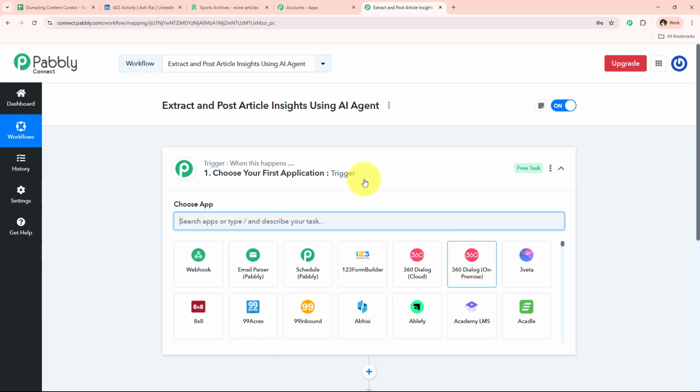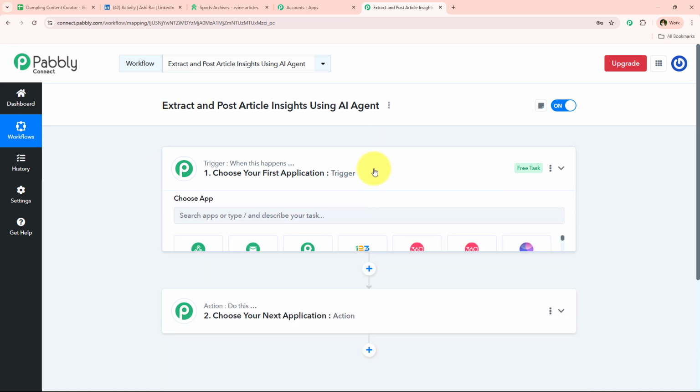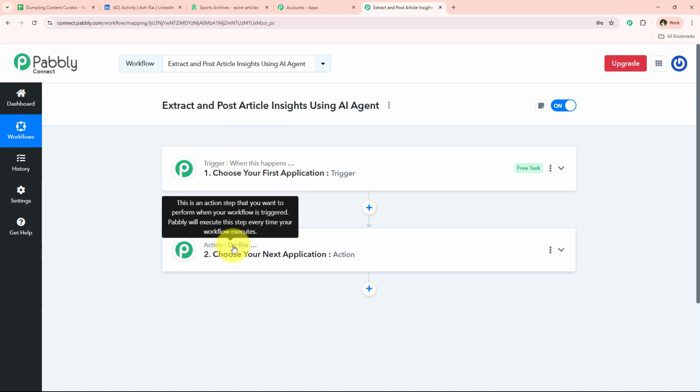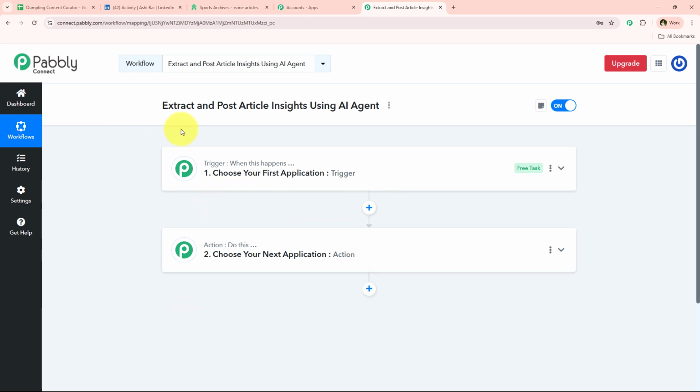our workflow window. So this is the most important window because we have trigger and action in this. Trigger and actions are the two main principles on which our workflow is going to run. Trigger means when this happens, and action means do this. So by this you can understand that the actions are response towards the commands given by a trigger, and that's the particular reason that we can have only a single trigger but multiple actions following the commands of a trigger in a particular